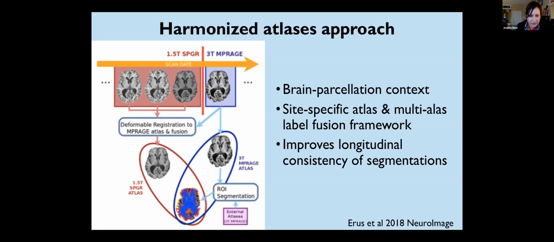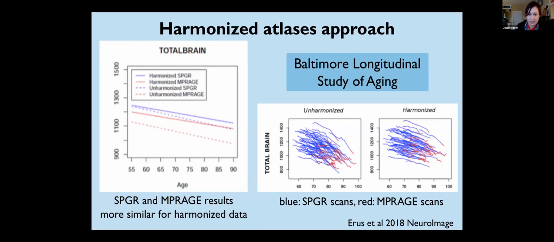So here they're doing a brain parcellation context, so looking at ROI volumes. And this approach creates a site-specific atlas, or I guess a scanner-specific atlas, and uses a multi-atlas label fusion framework to arrive at the volumes. And they found improved longitudinal consistency of segmentations. And here's some of their